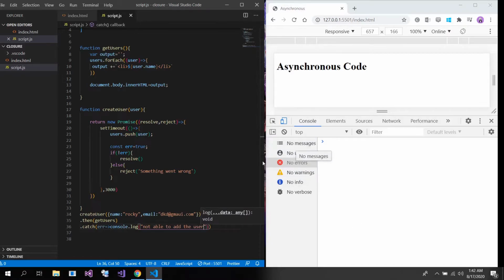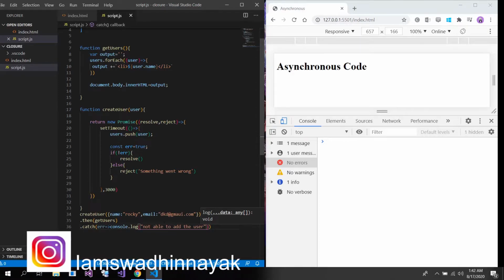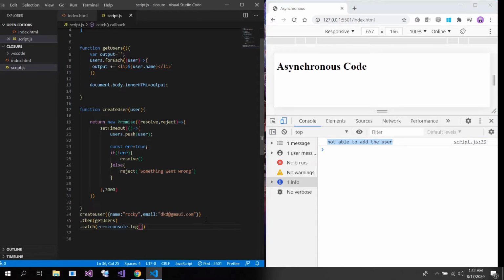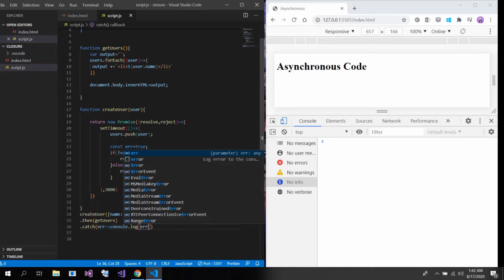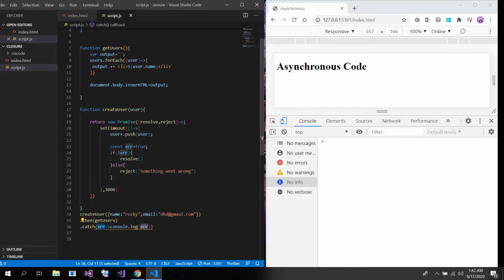And if I save it, it should give me this message, whatever error we have here. Or it will be directly, if you go to info, you can see that we are getting "not able to add the user", or we can directly also pass the error message here without this one, because we are in the catch, we are getting this error. If I save it, you can see that we are getting "something went wrong" as a message,